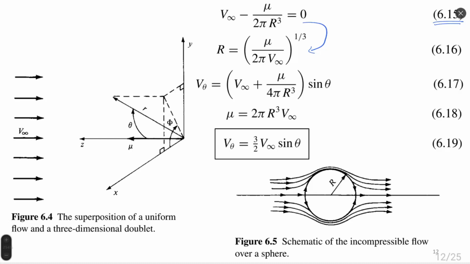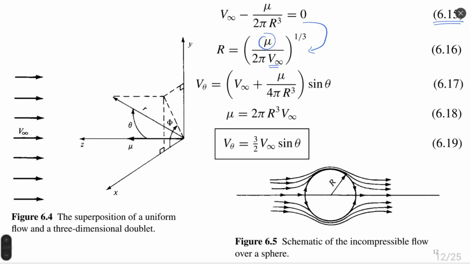Streamline, which is describing a sphere where the body shape is the same as the shape of the streamline, so the streamline doesn't cross. Any flow doesn't cross this streamline, same as a physical body, so real flow cannot cross. In such a concept, the size of the sphere can be determined by equation 16 from the strength of the doublet mu and the value of the infinite velocity V infinity.